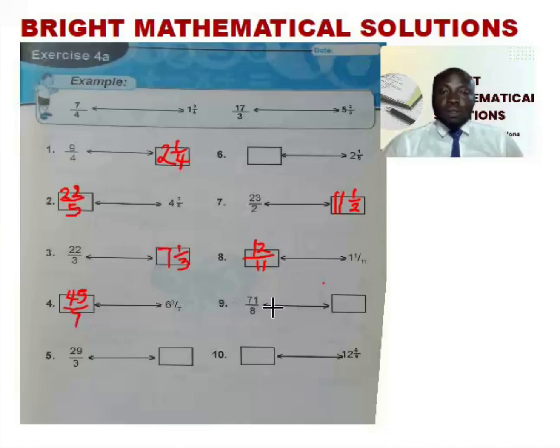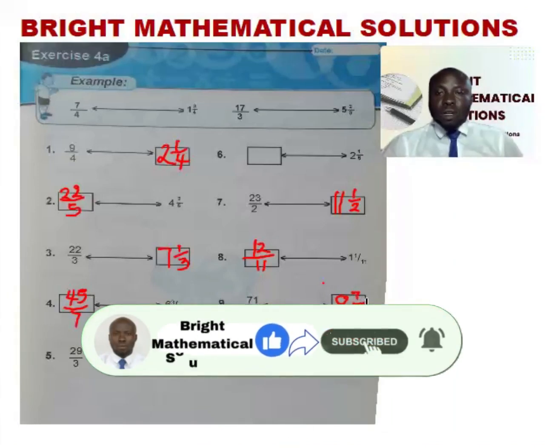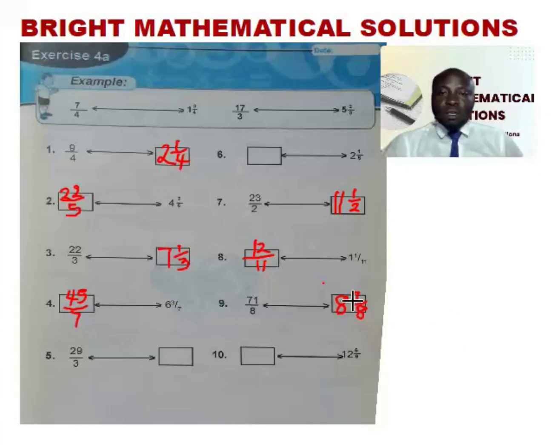So this gives us 64, that is 8. So 7/8. Recall 8 multiplied by 8, that's 64. 64 plus 7, that gives us 71. So we have 29/3. So 3 in 29, that is 9. So remain 2/3. So for the last one, we have 12 and